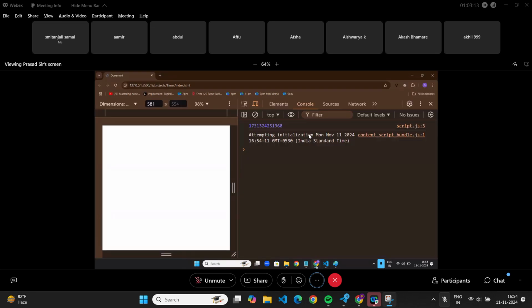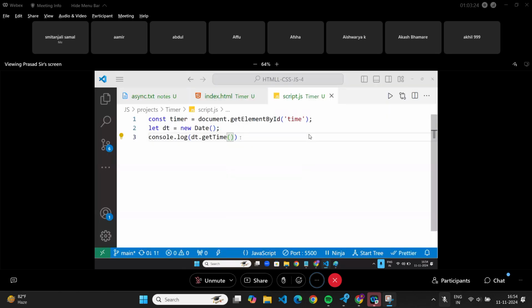How do I convert into seconds or minutes? Do reverse math. Divide by 1,000, divide by 60, whatever your logic is. I'm not doing it anyway. Actually, that is the logic behind Swiggy and Zomato. It will show you 20 minutes, then 19. Whenever your order started, it will take exactly 20 minutes.